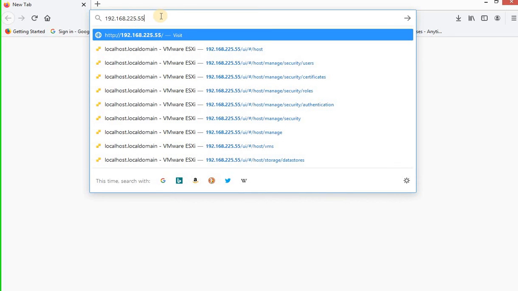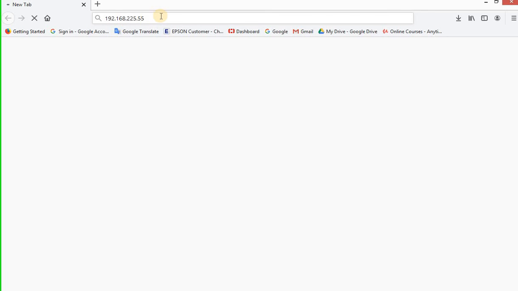We have to click enter. Yes, exactly, it's going into the VMware ESXi host currently.